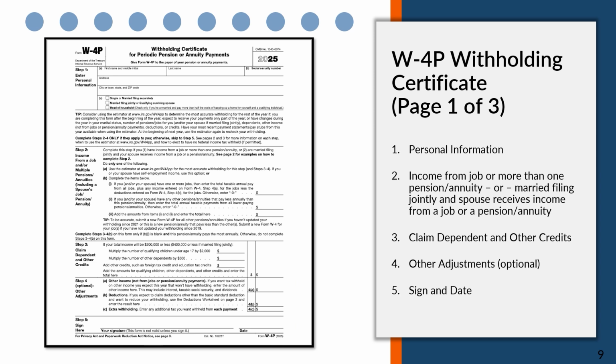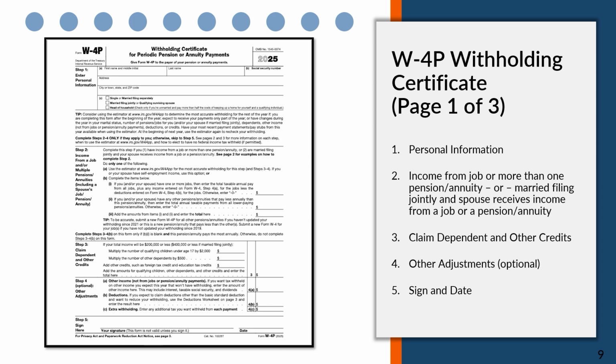Step 3 is if you have dependents to claim, for example, children under the age of 17. Step 4 is if you would like to make other adjustments, such as a specific dollar amount of extra withholding. Write no withholdings under Step 4C if you do not wish for funds to be withheld. Sign and date in Step 5. You can update your tax withholdings at any time throughout the course of your retirement by paper form or electronically through your MyTRS account. If you do not submit the W-4P, TRS will withhold funds at the default single filing